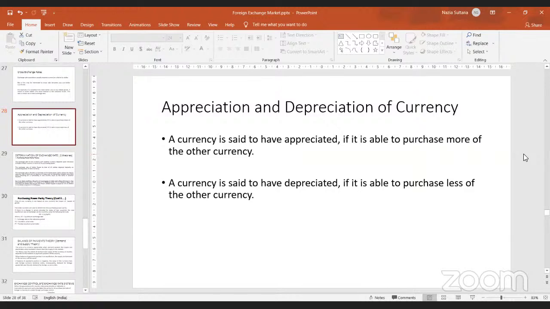Then you have appreciation and depreciation in the value of currency. You see, the Indian rupee is so badly depreciating now in the international market. Day by day, we are spending more money to buy less of foreign countries' currency. Earlier, dollar was only 66 rupees, 67 rupees, it would fluctuate, but now it has gone up to 80, and predictions are that by the end of next year it would touch 92, 93 rupees.